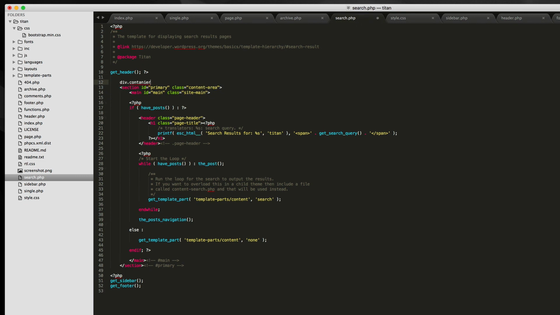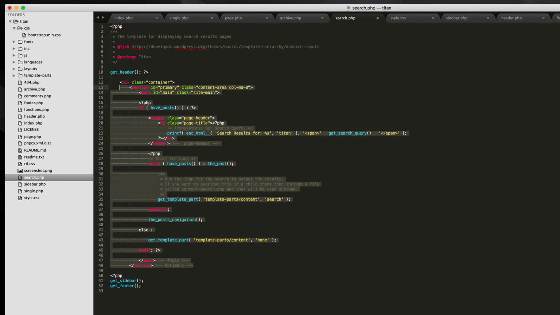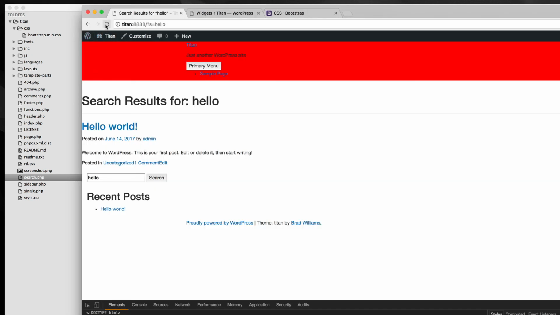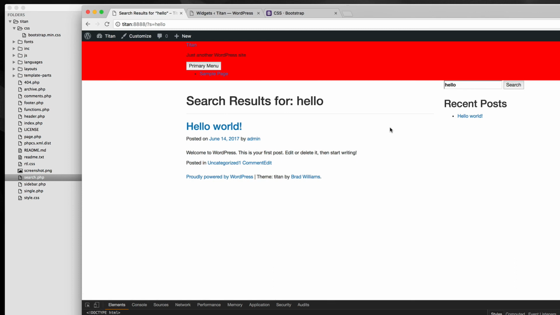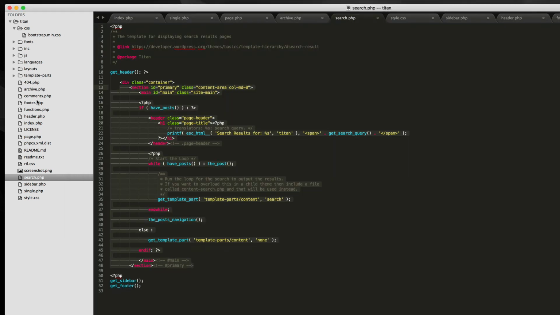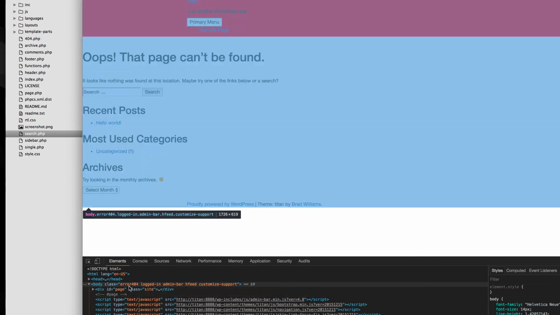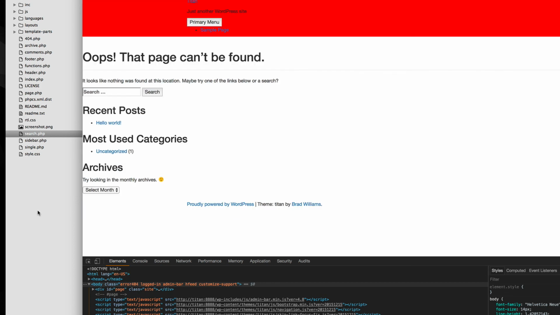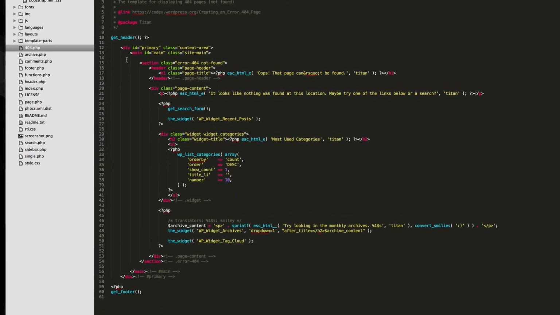Div. Container. Call medium 8. Indent. See if that worked. Looks good. Alright, the only thing I can think of now is to do a 404 page, put some junk in the URL, and it looks like it's messed up. So let's look at the body class. Error 404. Doesn't really give us the page layout here, but you can tell that it's error 404, and we do have a 404 page, so